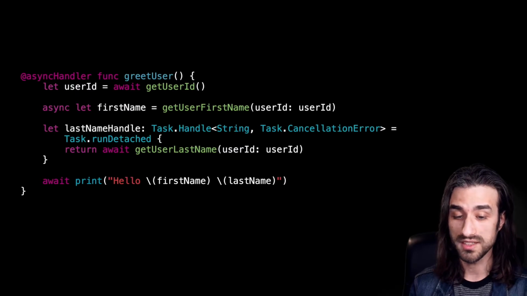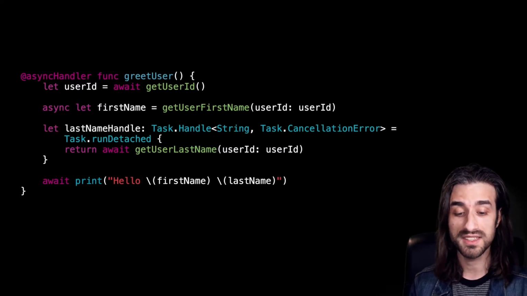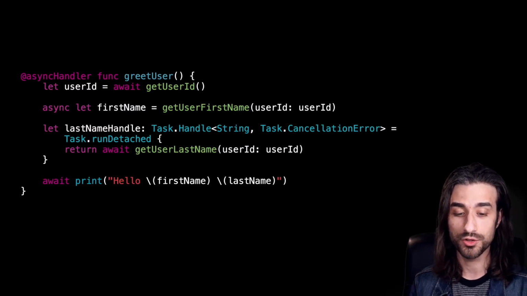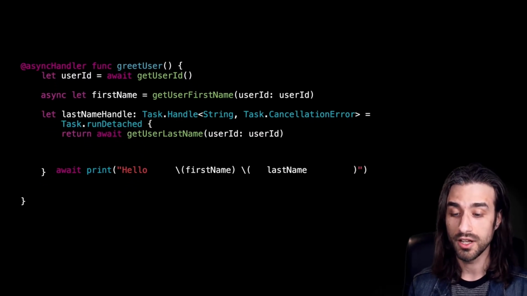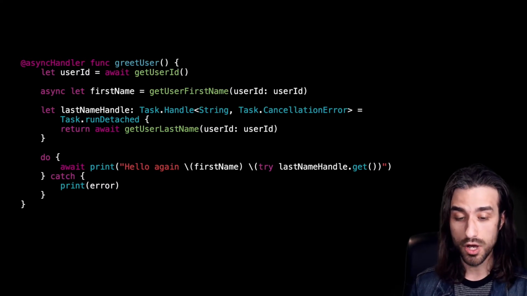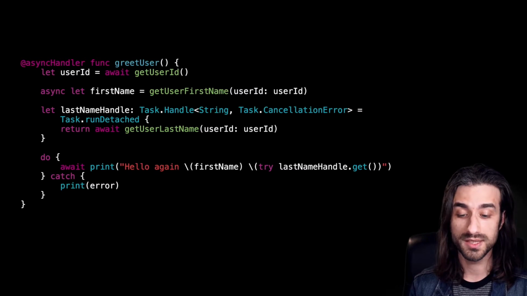So now that you have created this task, you need to deal with it, because remember, before, using await, we could very seamlessly execute the task and use its return value. But now it's no longer the case. We have explicitly created the task. We're also going to need to explicitly execute it and get its result. So the way to do it is that now we need to take our await code and wrap it in a do block, because as we've said, we are going to add the possibility to cancel a task. So we need to have a do block to catch the error when the task is canceled.